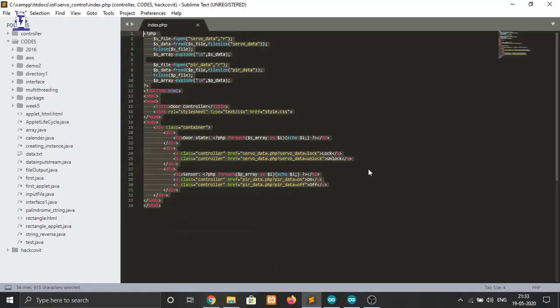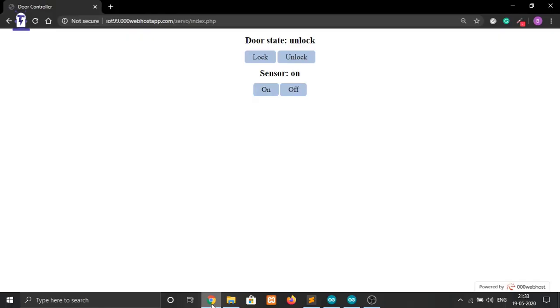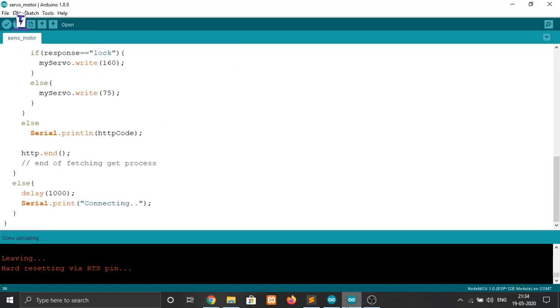For a detailed explanation of how everything is working here, please go and watch the previous videos where I have explained the controller in detail. Now we will go to our servo motor coding. Before that, we need to upload it on webhost. I have already uploaded this file on webhost. I have explained in detail in a previous video how to open an account on webhost app and upload a file inside a folder. Please watch that video before coming to this so that you can understand how webhost app works. Now we will go to our servo motor part.